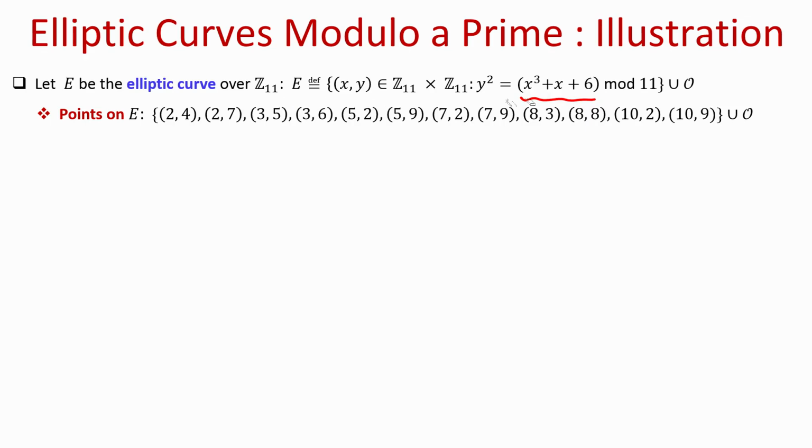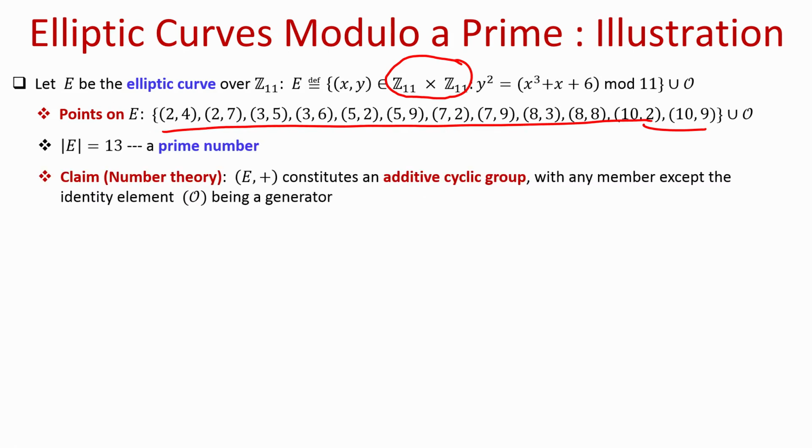So, if you take all x comma y belonging to the set Z11 cross Z11 and see which of them satisfy this equation, then we obtain the set E to consist of these values. All these pairs satisfy this equation modulo 11, and along with that we have a point at infinity. Since the size of this E is a prime number, namely we have 13 elements in this set E, it follows from a basic fact from number theory that the set E along with the plus operation that we have defined